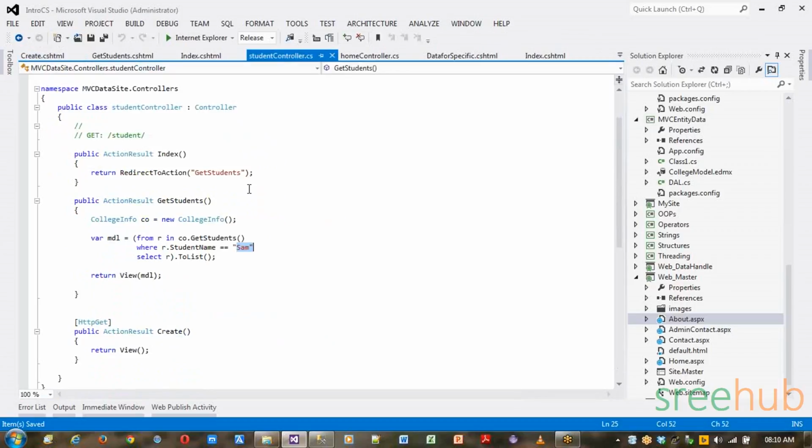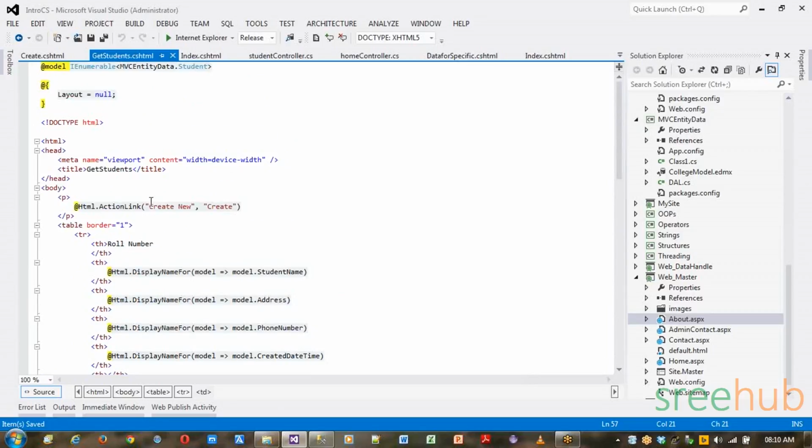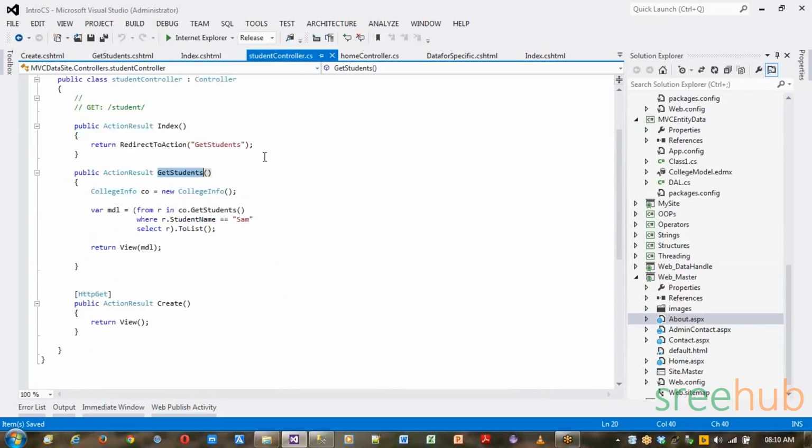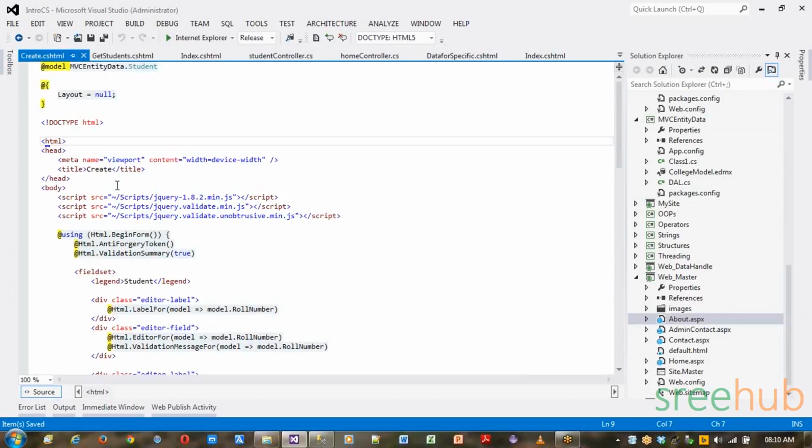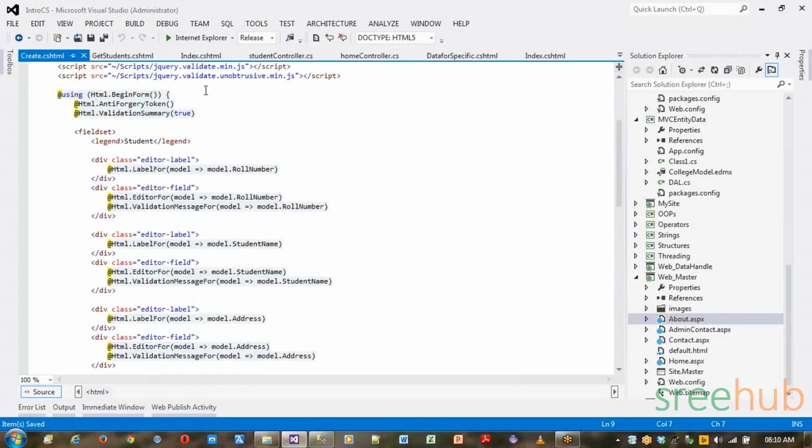class. In your students class, now we know that if you want to create any new student, this create new option is linked to an action name called create, which means we'll have to create a new action method called create, which you have already done yesterday. It uses the get method attribute, and create is tagged to the complete creation of your form. Now if I run this,